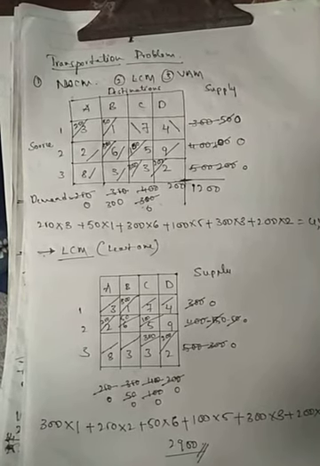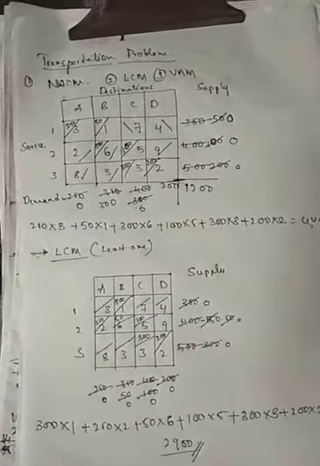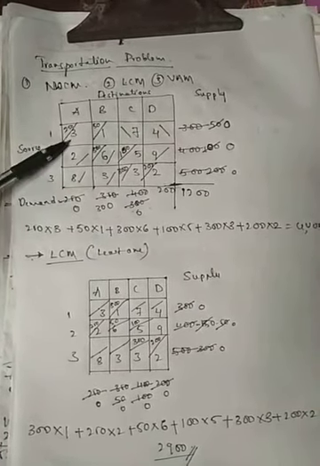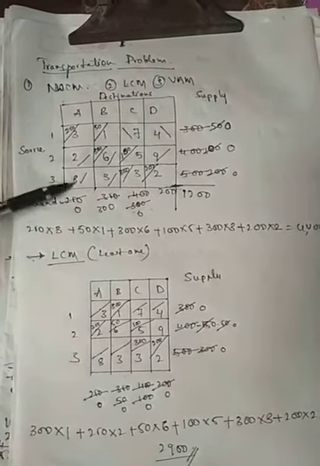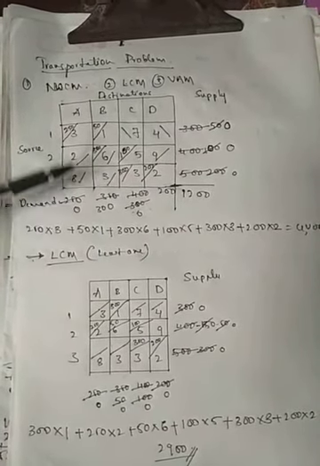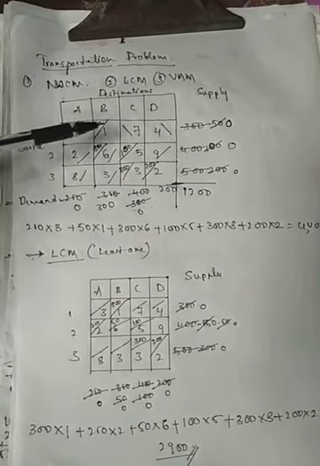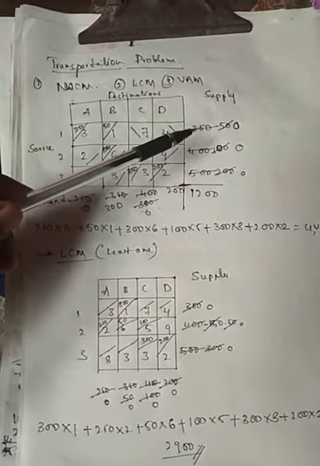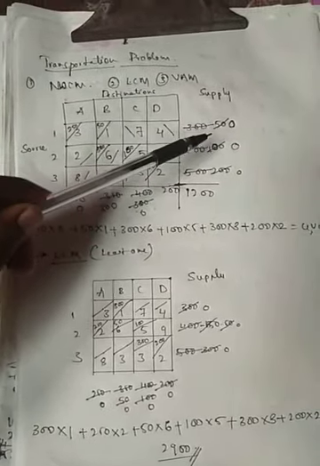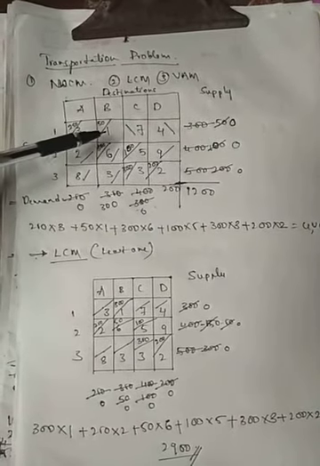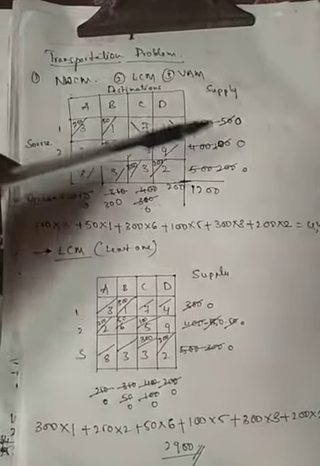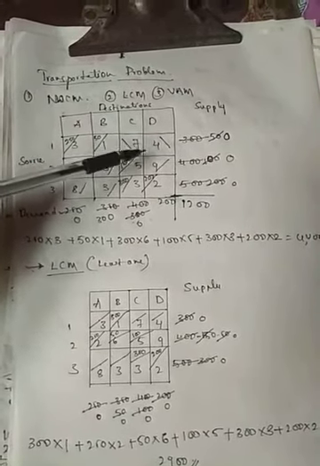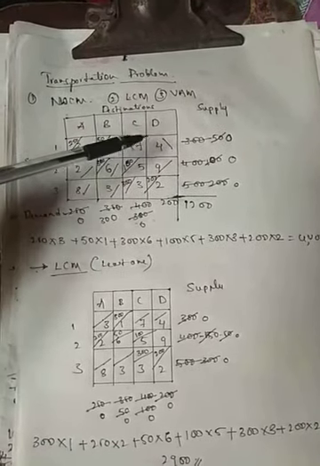In the northwest corner method, we have to select the northwest corner, and that is here. First we have to allocate the 250 here. After that, we have to cancel the entire column here, 0. Similarly, we have to cancel 300 because supply is more here, so we get 50 here. After that, the northwest corner is here, so we allocate 50 here, so we have to cancel 50, and also we cancel this entire row.